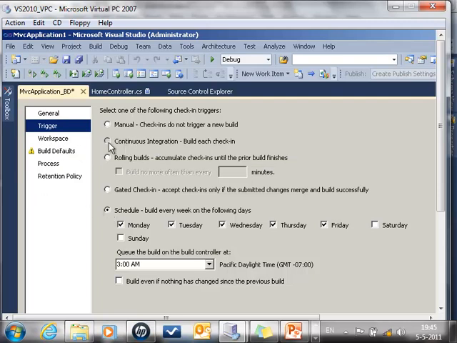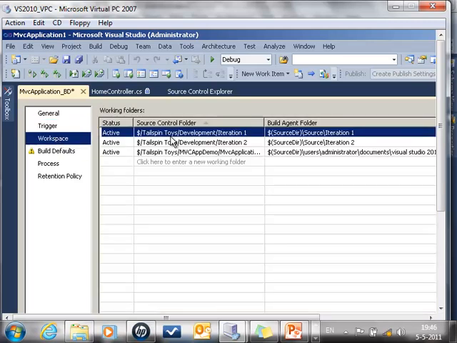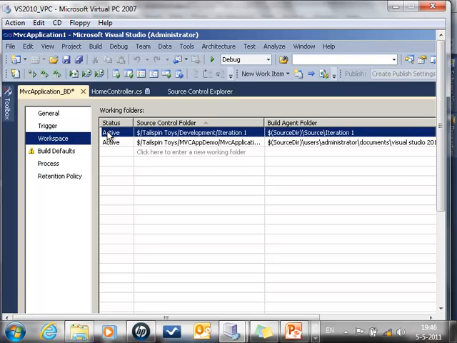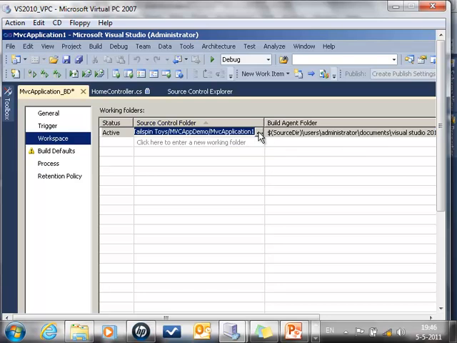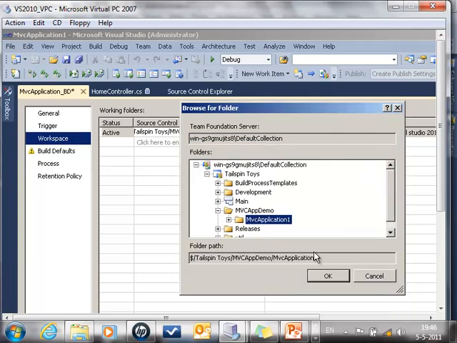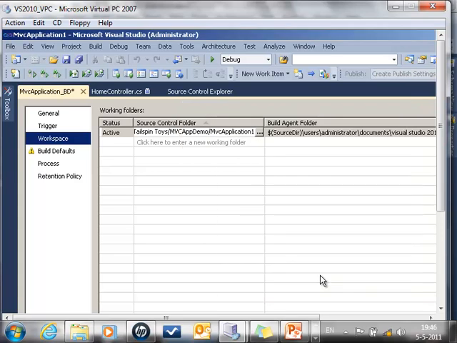Now we have to begin first with continuous integration. Then we have workspace. What I have to do is go away. Because I'm not interested in that one. Good. He picked it up directly. That's this one. I'm on this one. This one I have to build. So good. And that is the agent. So that's why I need